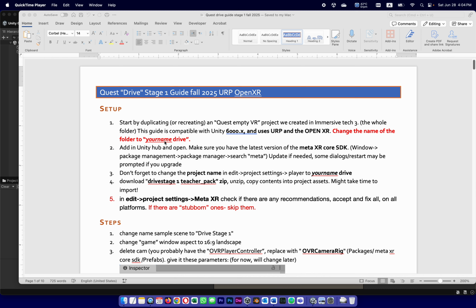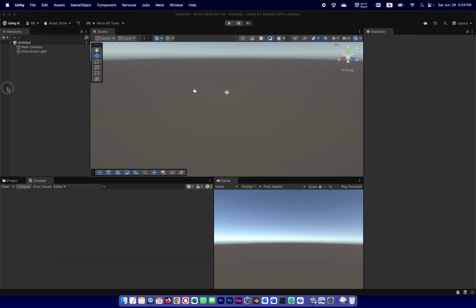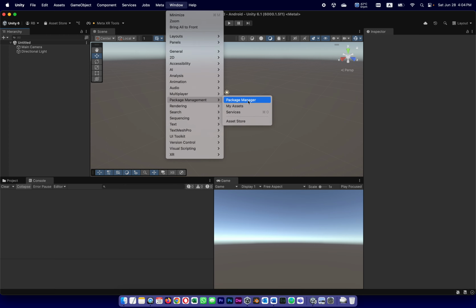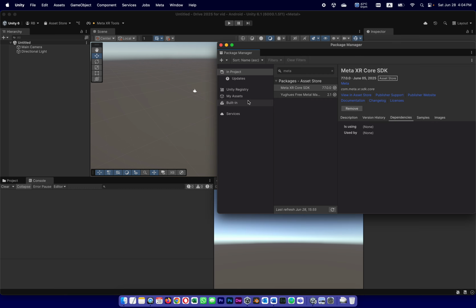Of course, and I already did that, once I duplicated the empty VR folder, I changed its name to Drive. In this case, I just called it Drive for Vid because I'm creating it just for the video. In the Unity Hub, I opened it, and I made sure that I have the latest version of the Meta XR Core SDK. So I already opened it. I changed its name to Drive 25 for Vid. Under Window, Package Manager,